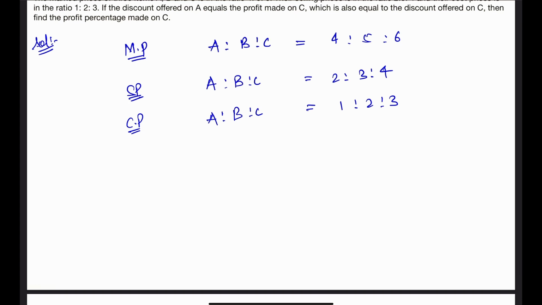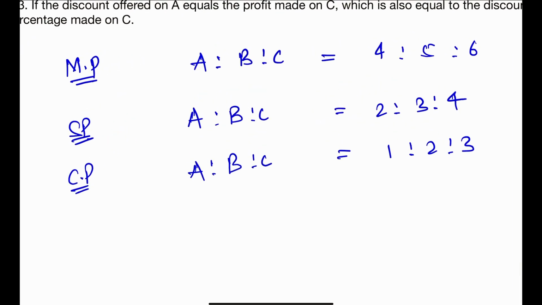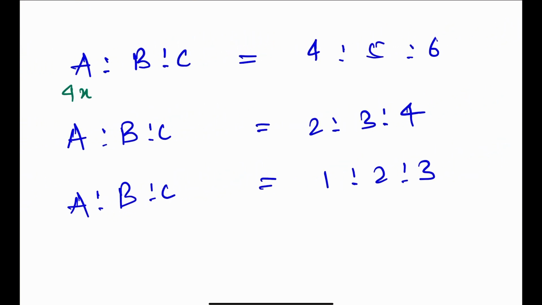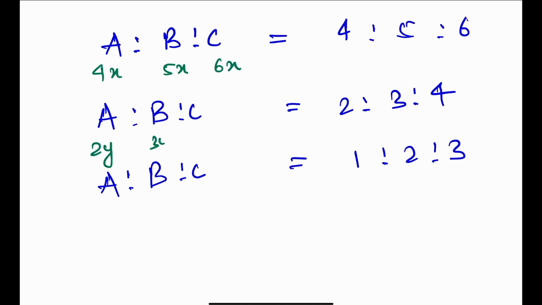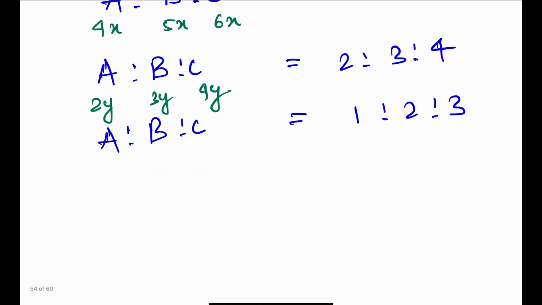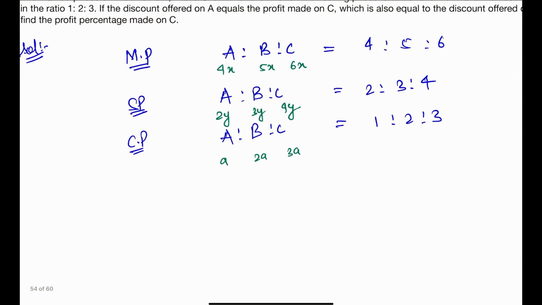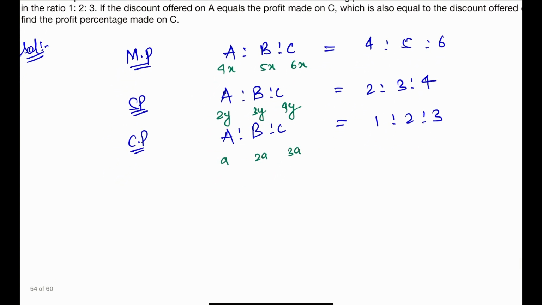so let's take the value. Okay, let's take the value also because it's easy. So if I multiply this one with x, it will become 4x, 5x, 6x, and this will be 2y, 3y, 4y, and this will be z, 2z, 3z, but z is a little bit misunderstood with 2, so I will take some other value, a, 2a, 3a, right? So if the discount offered on A,